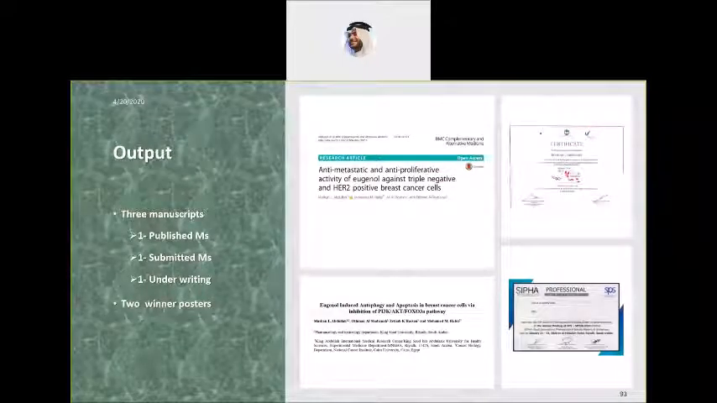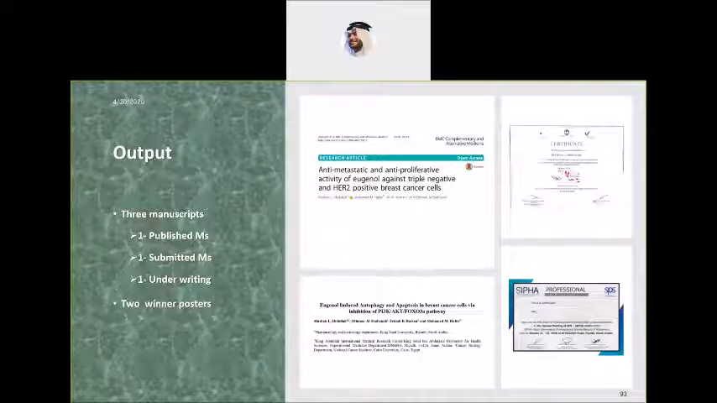As an output from this project, alhamdulillah, this project has been funded by KACST. We have three direct manuscripts originating from this project. We already have one published manuscript in BMC Complementary and Alternative Medicine, we have one submitted manuscript, and the third manuscript is being written. The second manuscript, which has been submitted,